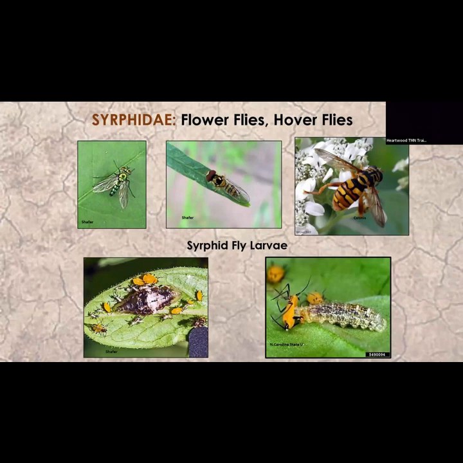Then you've got Syrphidae. These ones are called hover flies. So they hover like honeybees will, or a hummingbird will, over a flower, because they're also pollinators. They sometimes look like bees. So you might hear some flies called bee flies because they've got the red and yellow stripes. Like, is that a wasp? Is that a bee? Is that a fly? Look at the wings.